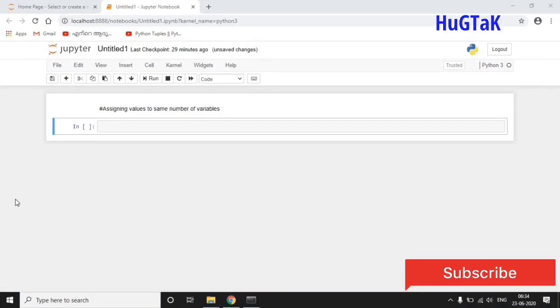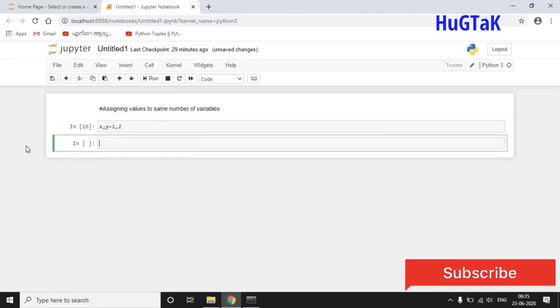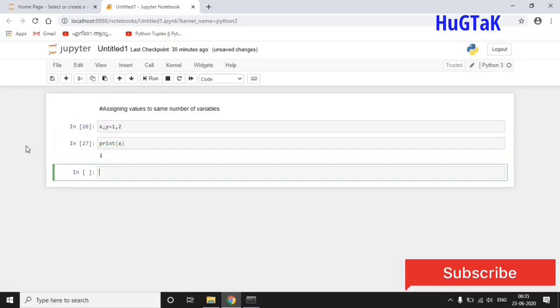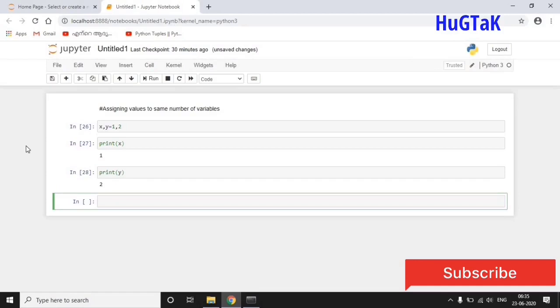Next, I would like to share with you how a certain number of values can be assigned to the same number of variables. To create two variables x and y and assign them values 1 and 2 respectively, we must separate each value and variable with a comma. Let me show you how to execute that. x comma y is equal to 1 comma 2. Press shift enter, and now these variables got declared. If I call x and y separately, you can see the respective values on the screen. Let me type print x. You can see that number 1 got displayed,